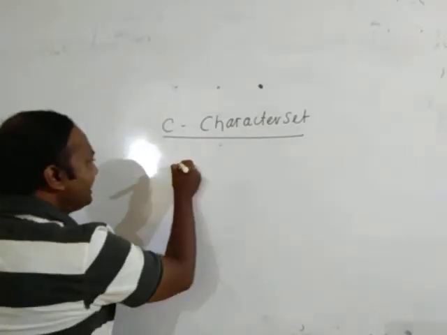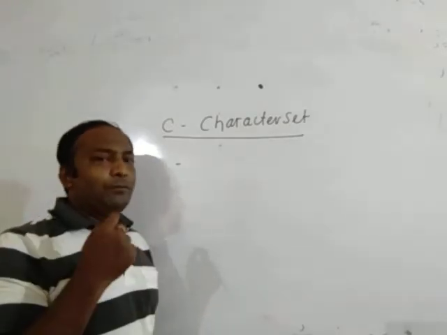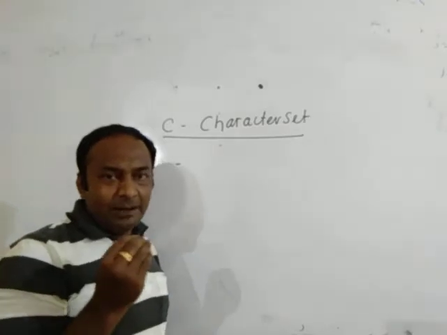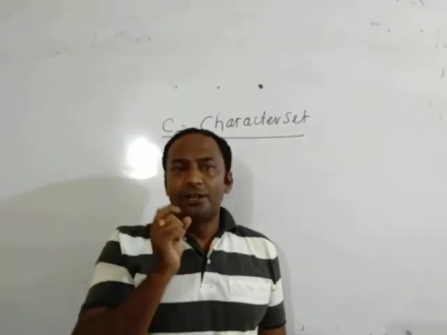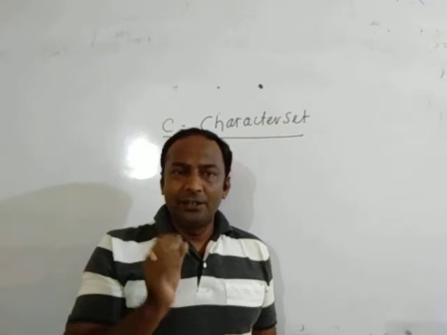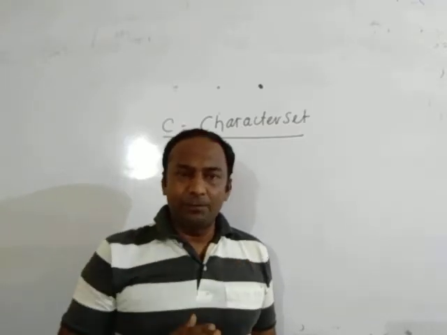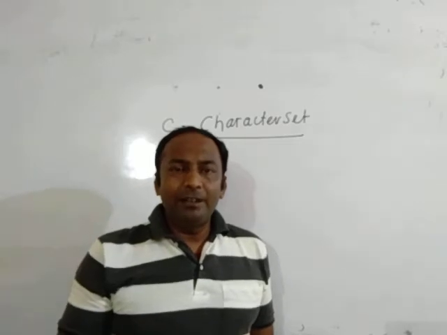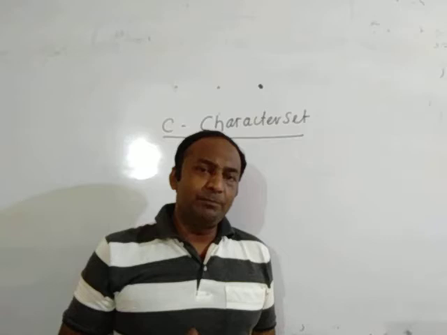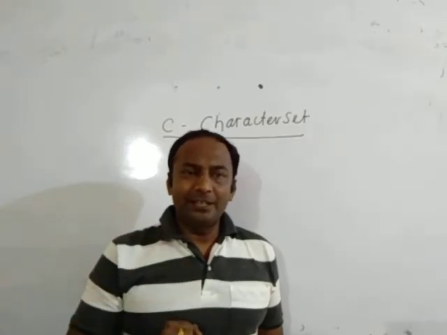What is the need of a character? When we write a sentence, it is a combination of words, and those words are combinations of certain characters. So to write a word or a string, we need special characters. Those characters are known as the character set of the C programming language. When we develop a program, we should know what characters are used in the C programming language. There are mainly four types of characters used.